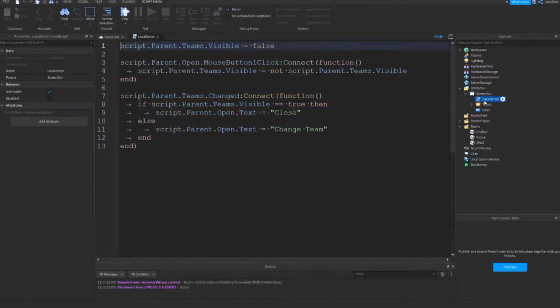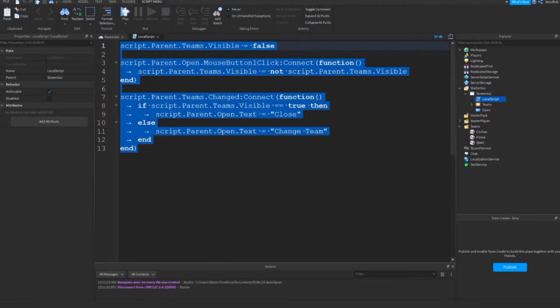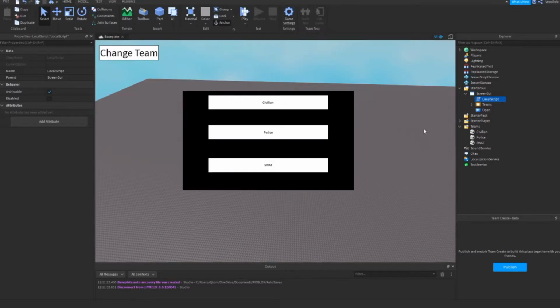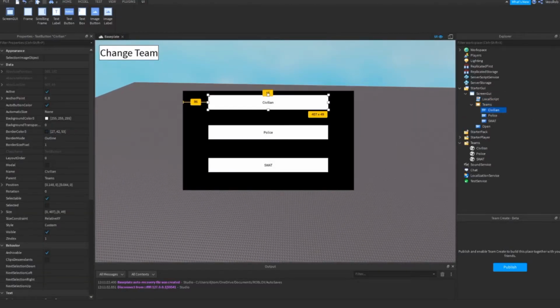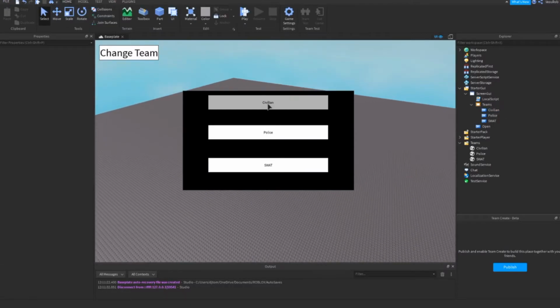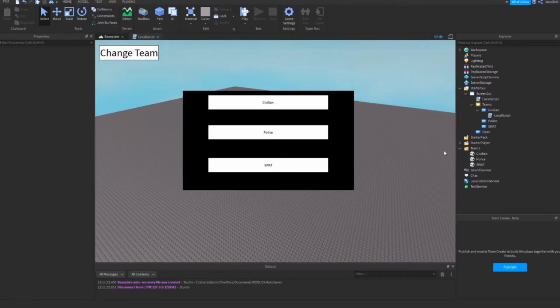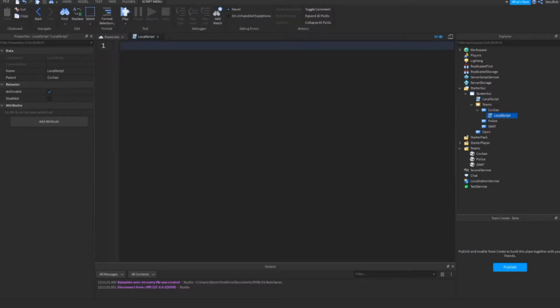Okay, and this little bit here will work on pretty much any GUI, so feel free to use that on other things. Okay, so if we then go into these folders here, okay then, so if we insert a local script into civilian,